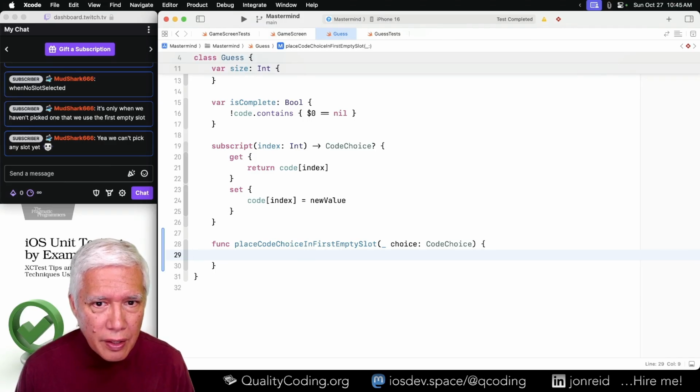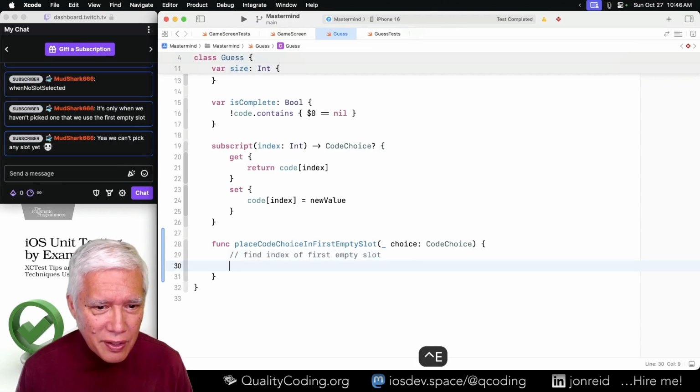Let's say really what I want is to find first empty slot, find index of first empty slot, and then assign. How do we do this?